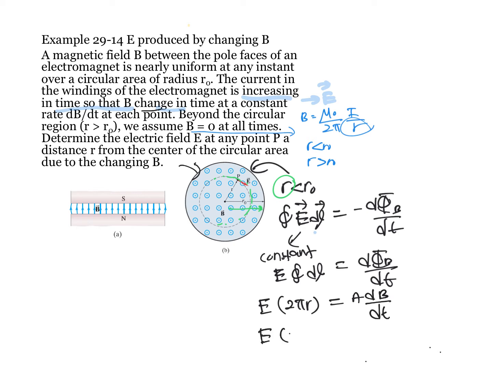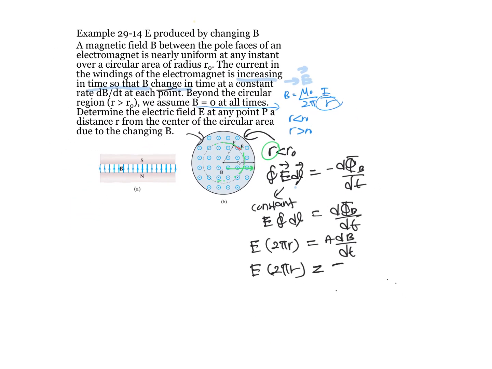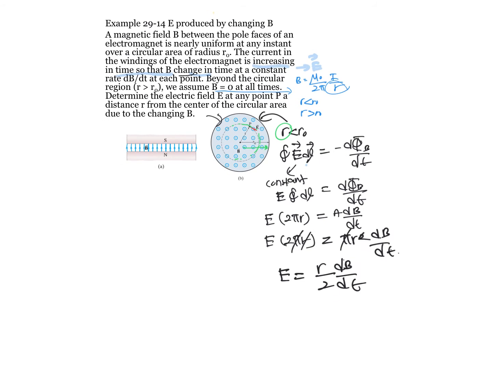So E times 2 pi R equals pi R square dB over dt. So pi can be cancelled out, and one R, so you are going to get your induced electric field is R over 2 dB over dt. Okay, got it? Now we are going to find for the next one, which is R more than